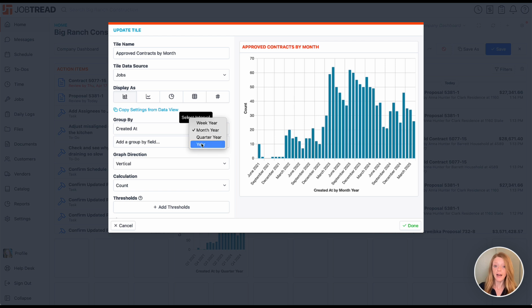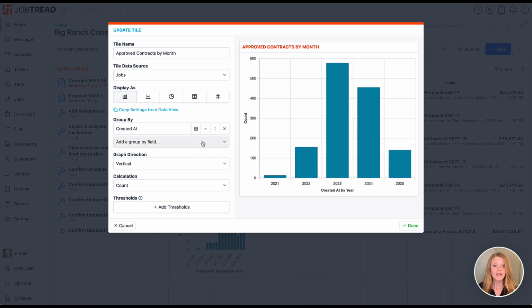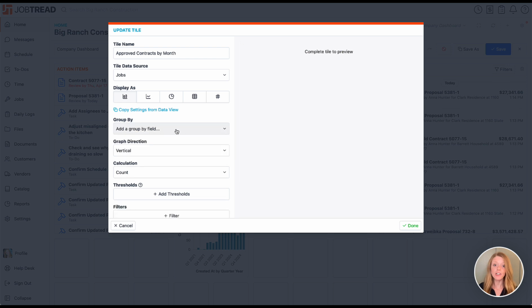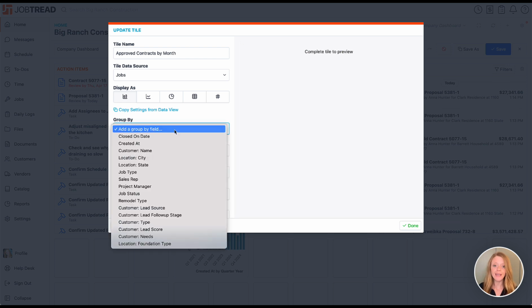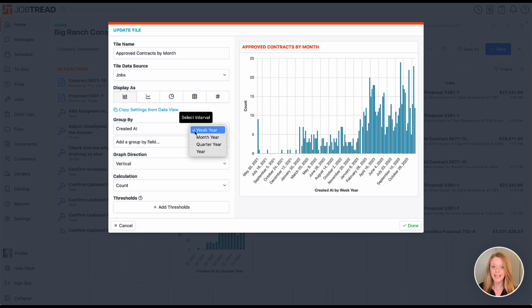So we can group by week, month, or year here as well. Now this list will also include any job, customer, or location pick list custom fields that you've created in your settings. If you'd like to learn how to create custom fields, we have a separate video that walks through how to do so. Now let's go ahead and choose the created at date, and then we will select the month